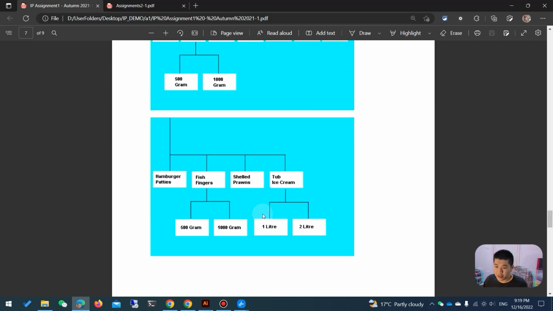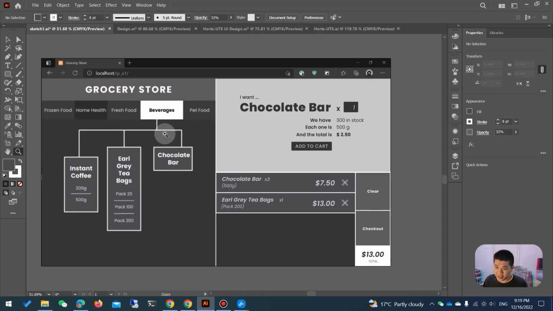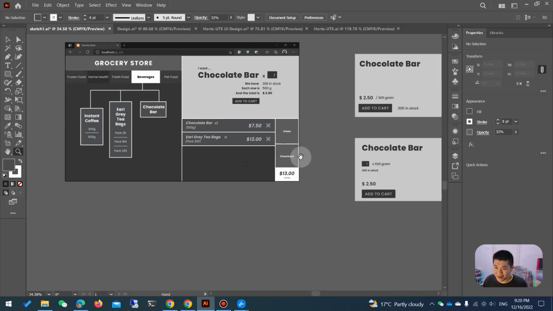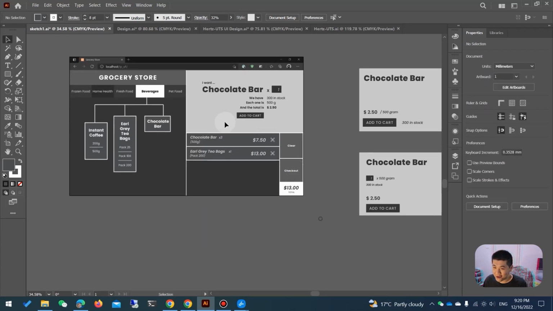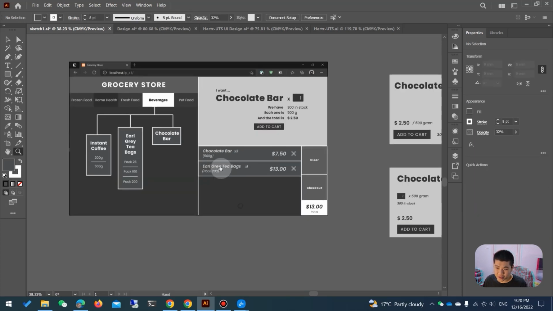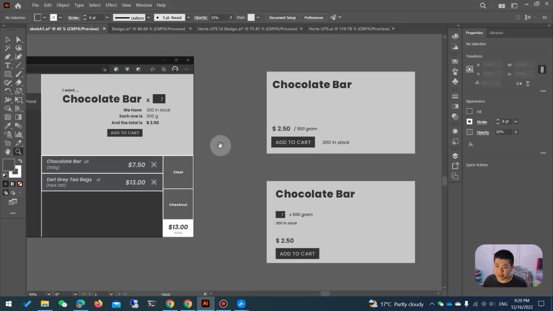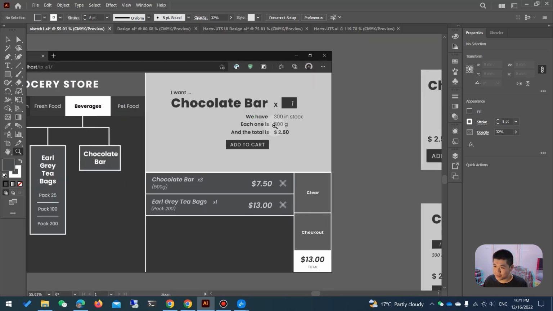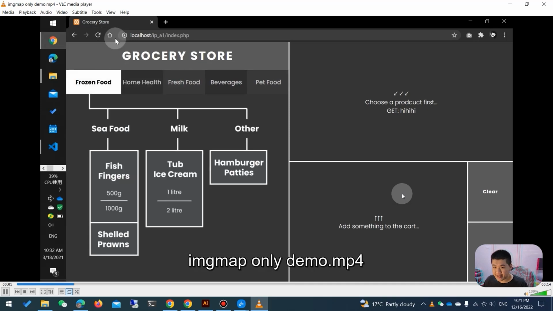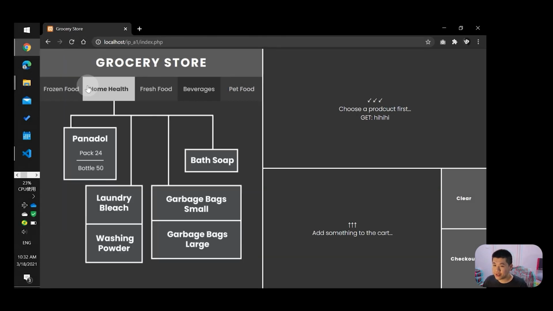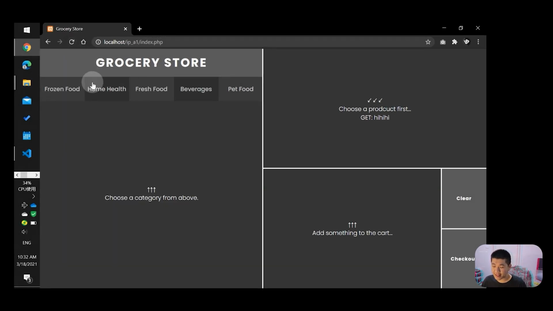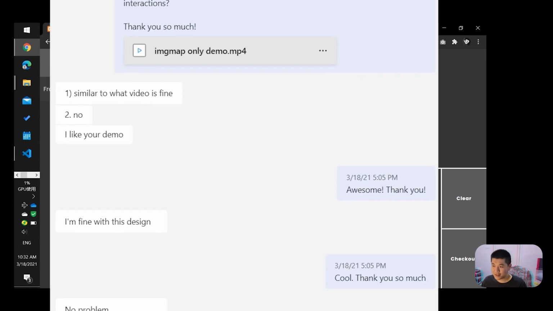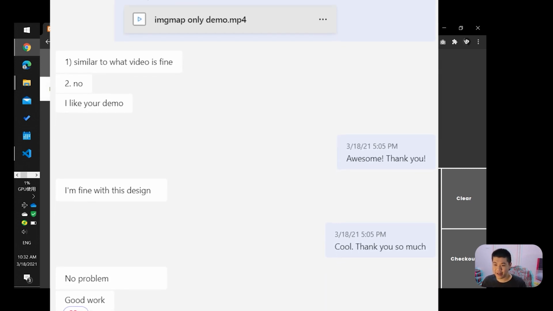For this assignment, I started with actually designing it in Illustrator. I couldn't find what I started with, but this was part of the journey. So this version is me designing what I wanted for the product information page to look like, because I wanted it to be more interesting. And here was one of the demos that I did at that stage. And I actually sent this to my tutor to make sure that I was on the right track. And essentially he said, yep, you can go ahead and implement.